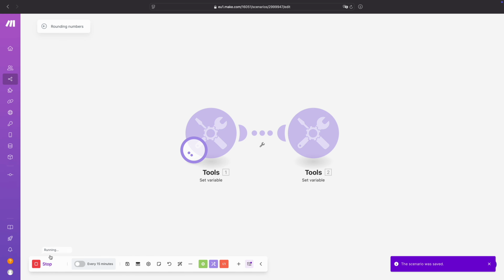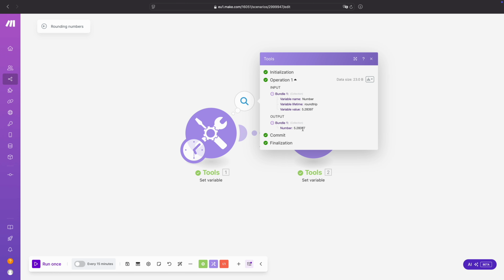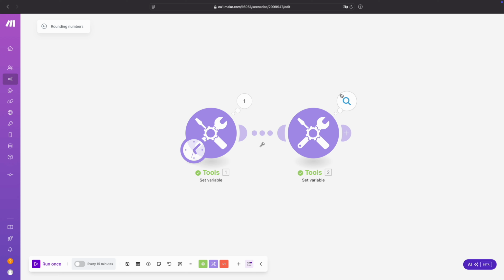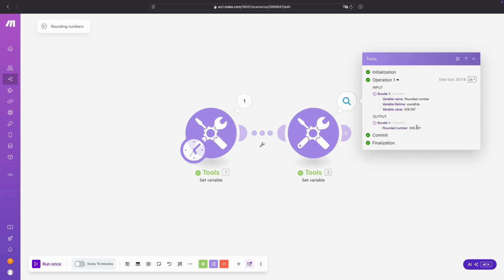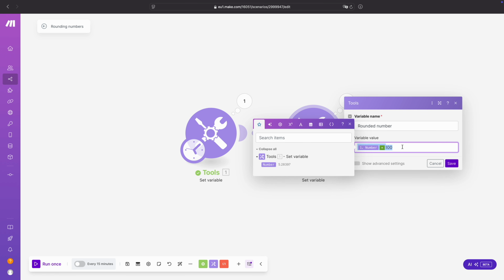So we click here save, click run once, and then you see that our number here, 5.28397, over here became 528.397. Now that's important because then we want to divide this number. So first we're going to round this number. So I'm going to copy this. So I click here, Command or Control C. I remove this.